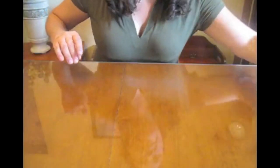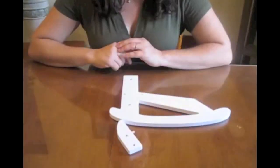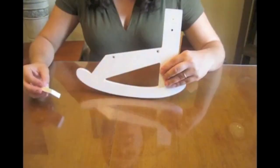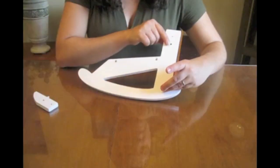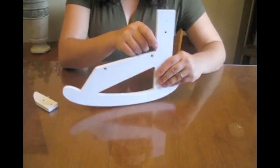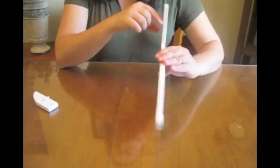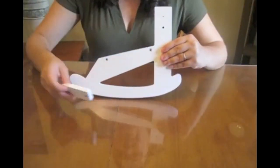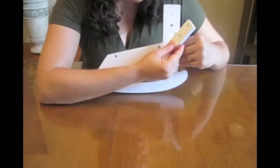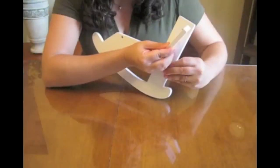To begin, we're going to take letter A and the piece titled letter B. I'm going to stand the letter B up, and you'll notice on the top here there are 2 holes on the outside of letter B, where on the inside there's only 1. So on the outside you're going to put in your letter A. Letter A is down here so that the bottom hole, which is the bigger of the 2 holes, gets the